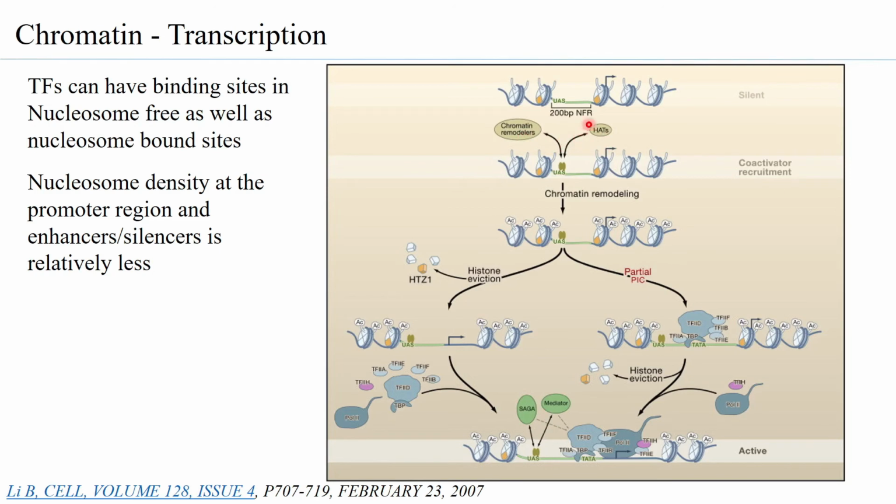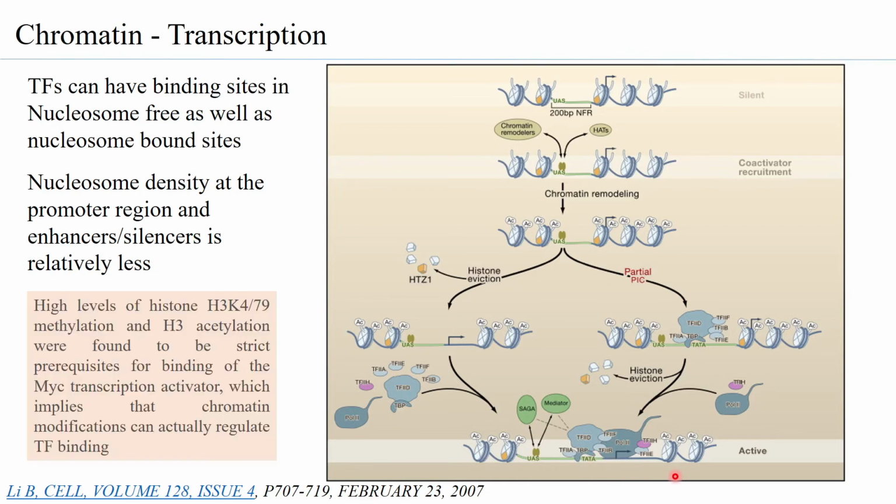Now, you can also have other kinds of modifications happening here. The example in yeast is found that around promoter regions, it's generally histone acetylation. Now, this was by histone eviction, but what can also happen is that before histone eviction, you can already have a partial pre-initiation complex formed. And when you have the histone eviction happening, finally you can have the mediator and TFIIH coming in. With TFIIH coming in, you will have the transcription bubble formed and initiation of transcription occurring.